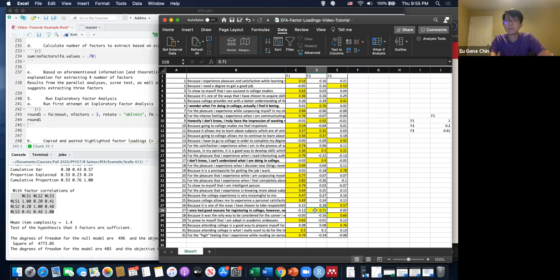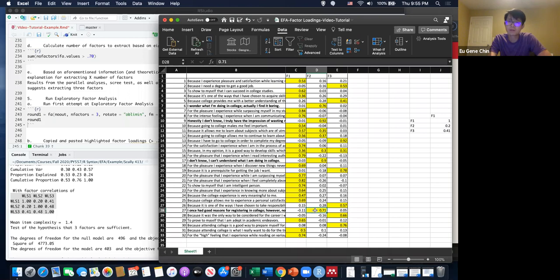We did talk about in class how it may be more severe to under-factor, as in to extract too little factors, compared to over-factoring. So in this example, I'm still leaning towards extracting this as a separate factor. It remains to be seen how this might look in a CFA if we were to explicitly model